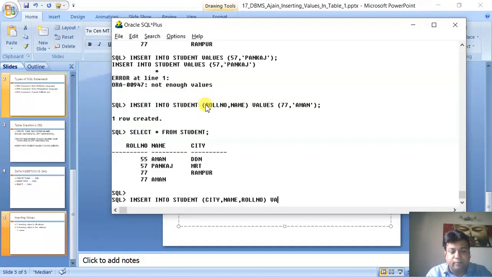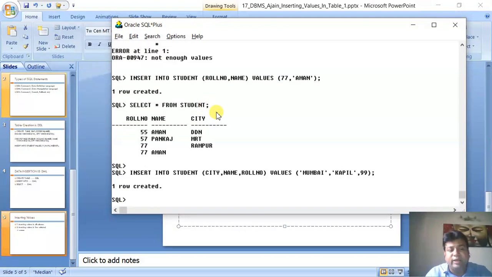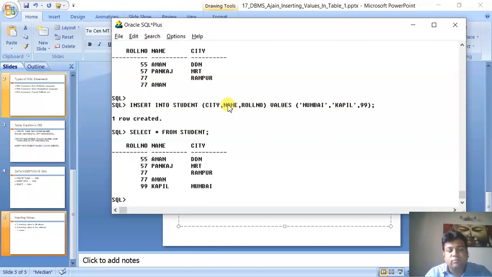This is allowed here, but you will have to give the values in that order only. So I will type Mumbai, maybe any name, Kapil, comma 99. Oracle will automatically insert in those respective columns. You can see 99 Kapil, but it will not work in the first method.